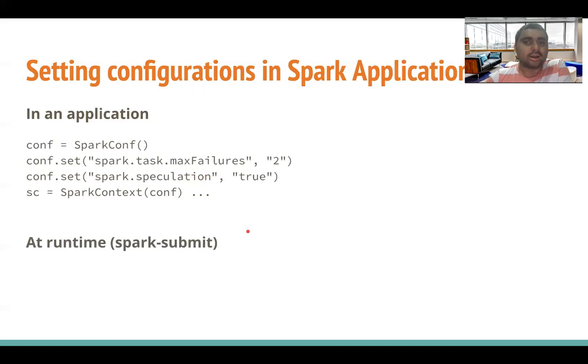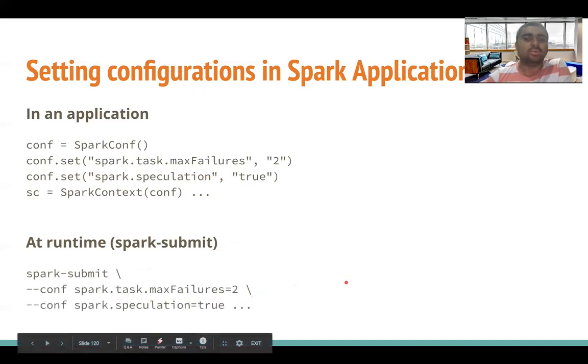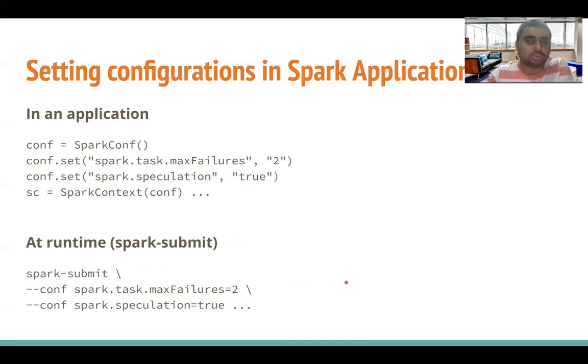Coming to Spark submit, when you launch your application, you can provide --conf, with key equals value, and you can pass it multiple times if you have multiple configurations to pass. These are the two ways to pass configurations in a Spark application.